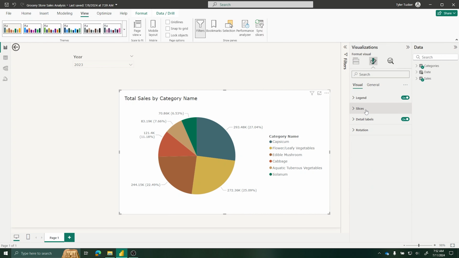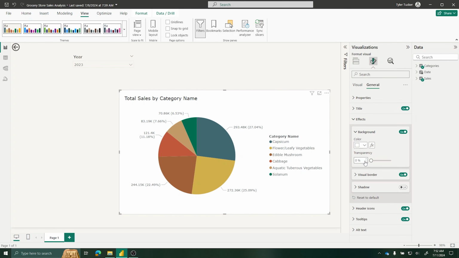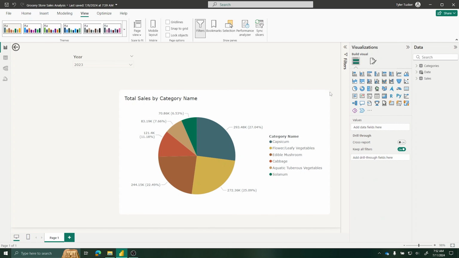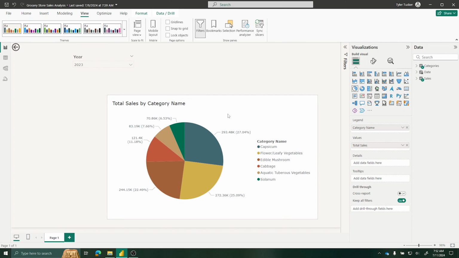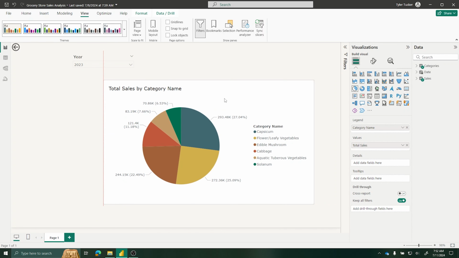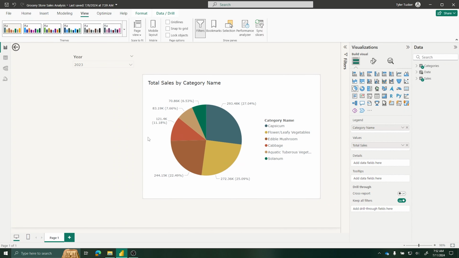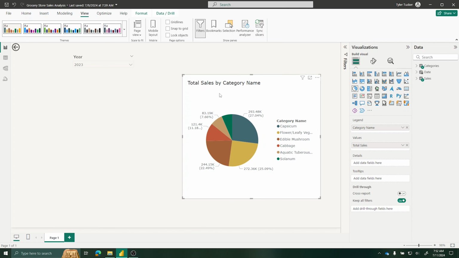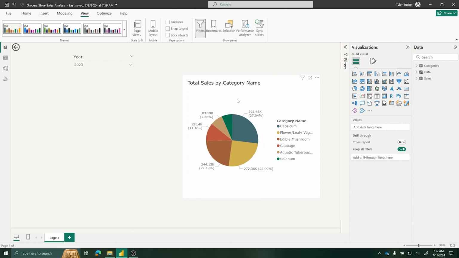Let's go back to Effects. I'm going to round them. Let's do 10. That's pretty good. I like that. So obviously not super important, but if you start putting multiple visuals on the page, it just kind of looks nicer to me. So if I had, say, this, I'm going to squish it down a little bit. If I had this over here, now